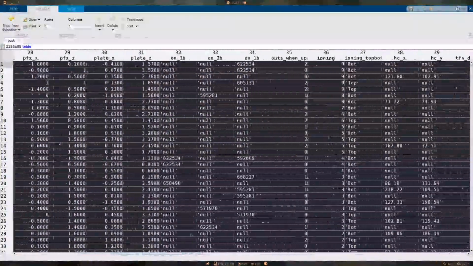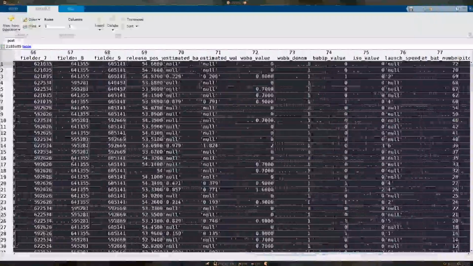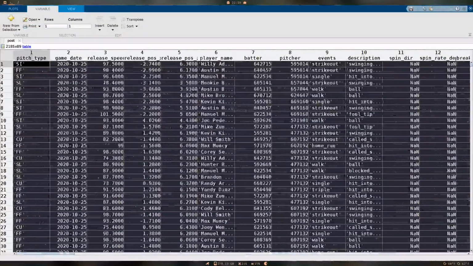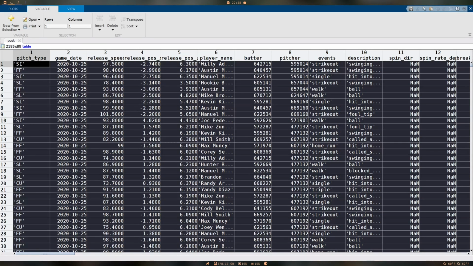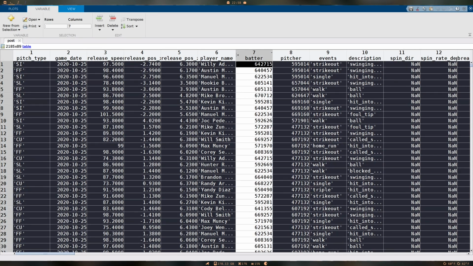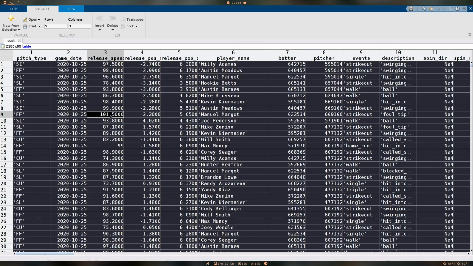So there's a ton of data here. It goes over every single pitch, basically, for the postseason. I mean, fantastic. So look at this guy. This pitch was at 101 miles per hour, and the person that was batting was Manuel Margot on the Padres. Do they show the team that he's on here too? I don't see it, but he's on the Padres. So I wonder who was pitching then. Pretty fast. Alright, so this is all of our data, so we're going to be using some of this,